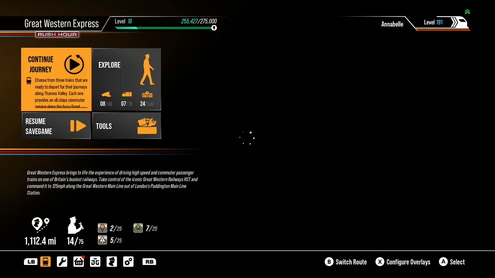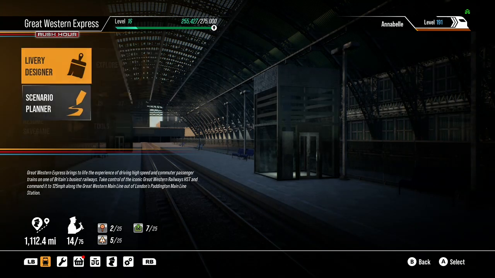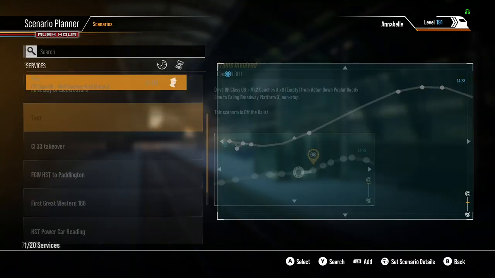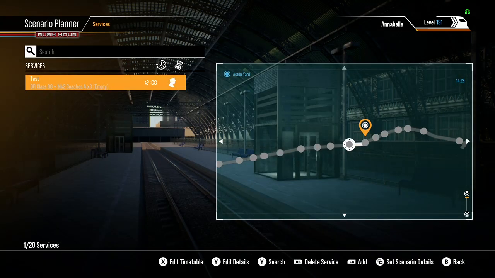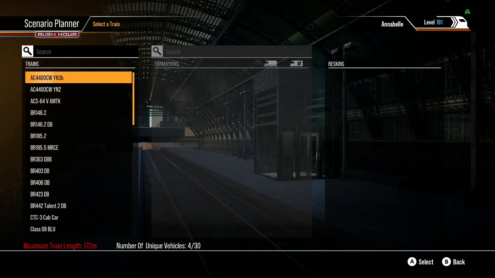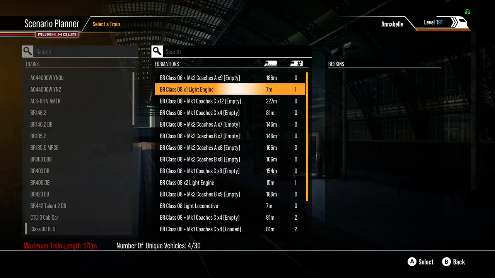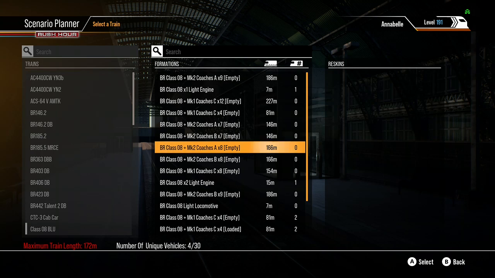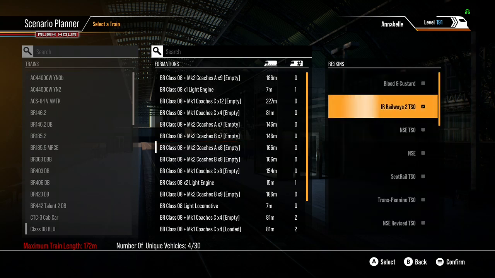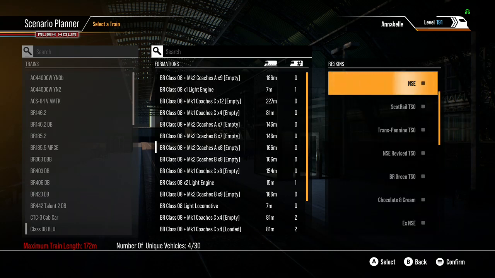So yeah, let me run it over again guys. So if you want to add your liveries, you go to Tools, Scenario Planner. I click on one that I've got test on, go to Edit, rolling stock, edit your rolling stock. I'm just keeping my rate as it is. And then I'm just going to go down to the rolling stock I want to use, which is the class 08. And then I'm going to click on the coaches I want to use, which is Mark II coaches for this. So I'm going to add my Irish Railways one on again, but then I'm also going to add